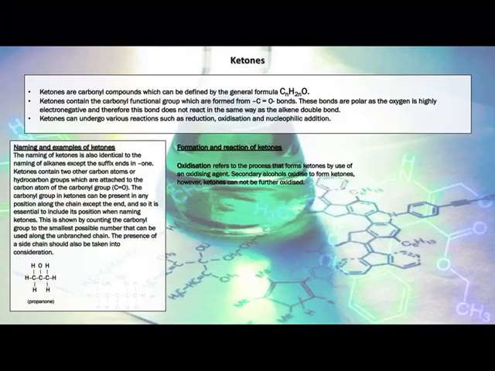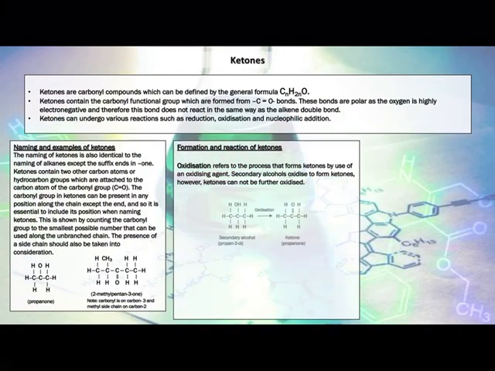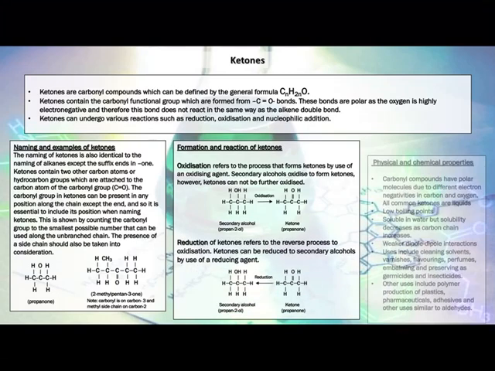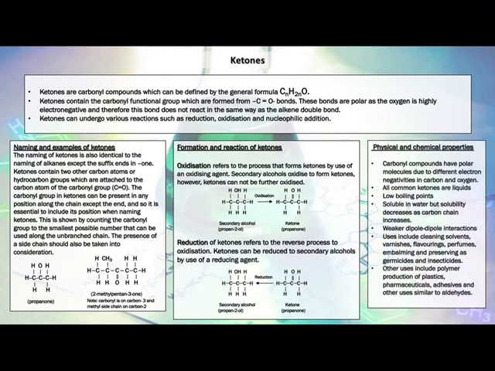Ketones are, again, carbonyl compounds. They have the carbonyl functional group. They can undergo various reactions again, such as reduction, oxidation, and nucleophilic addition. The naming of ketones is also identical to the naming of alkanes again, but instead these ones end in -one. So they contain two other carbon atoms or hydrocarbon groups, which are attached to the carbon atom of the carbonyl group. We have a couple of examples at the bottom,